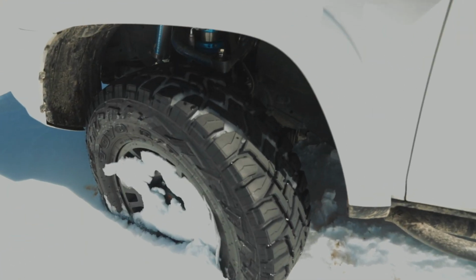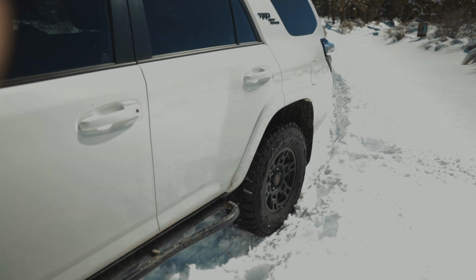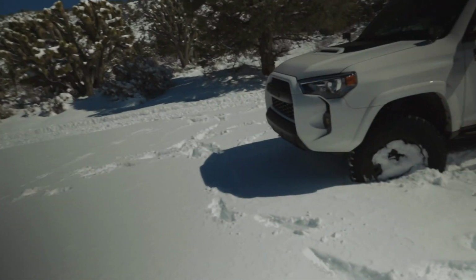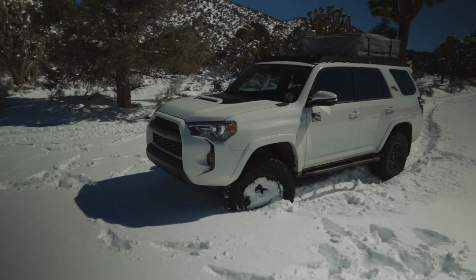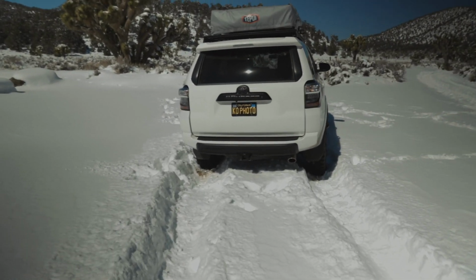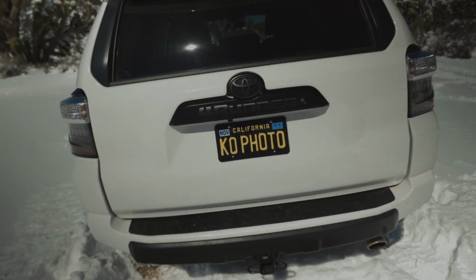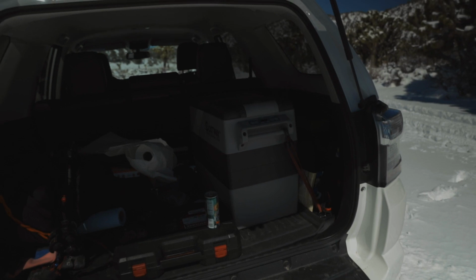Can't wait to test them out in some mud when the snow melts. But yeah, overall they look super good on the truck. Let's take a look back here. Looks so good. So I also got the personalized legacy plate. But one of my favorite things I've added